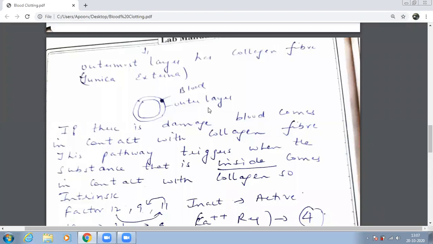Tunica intima is designed in such a way that blood can flow very easily over there. What is the special feature I told you about tunica intima? Frictionless movement of blood. There are no rough surfaces in this layer, only smooth surfaces, so that there's frictionless movement.